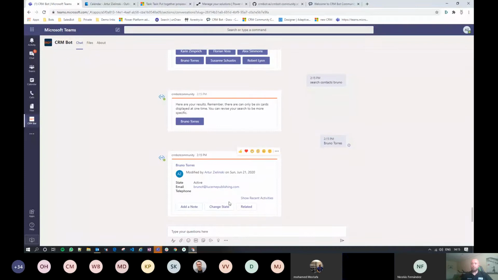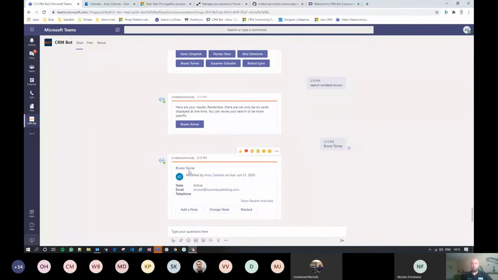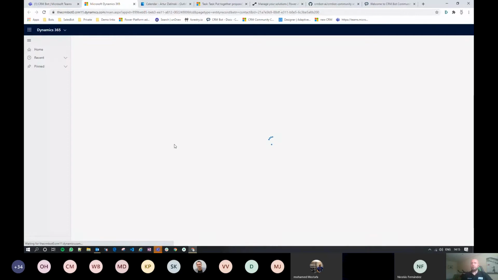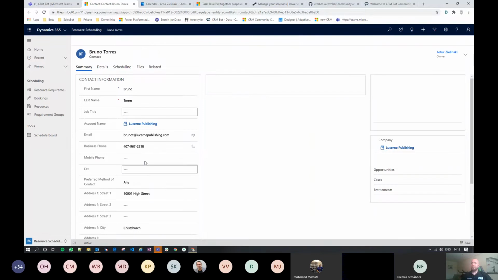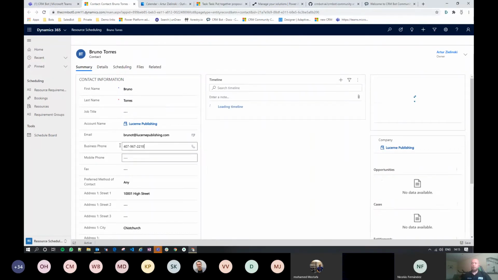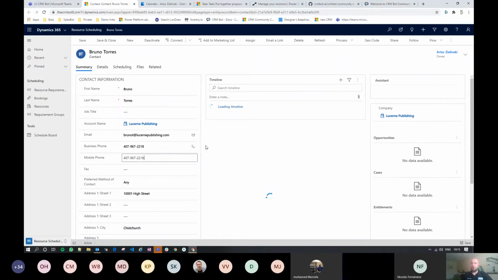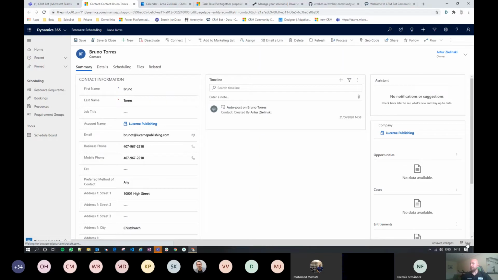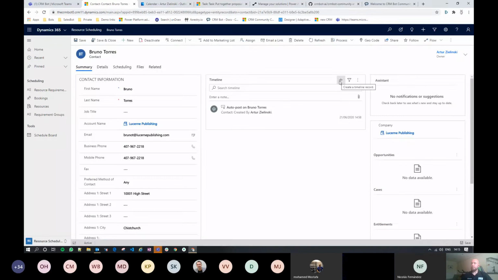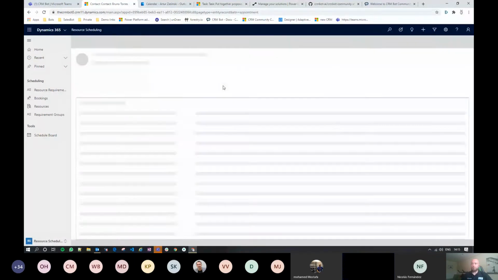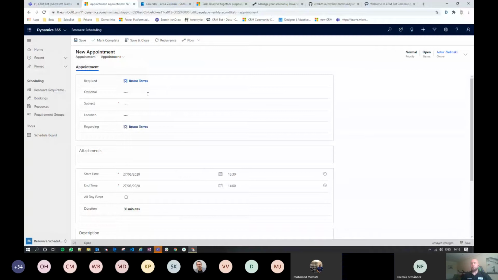We don't have any activities with Bruno, and we don't have a telephone number for Bruno, but let's actually go into the CRM and add some details. So we're just going to take this business phone number and stick it into the mobile field. And we're going to generate a new appointment to go and speak to Bruno.